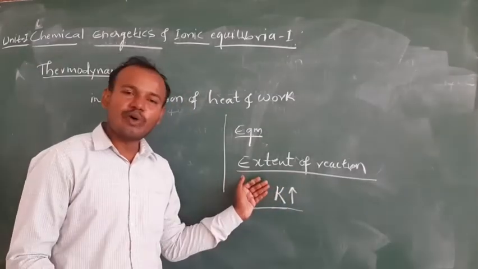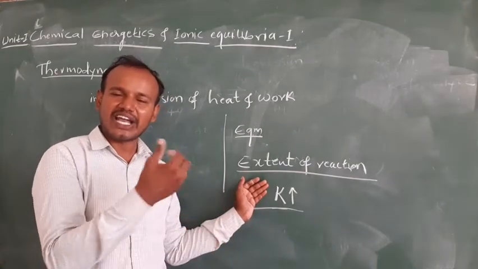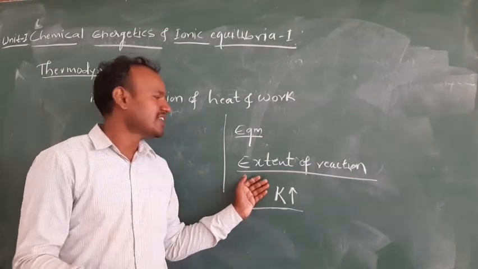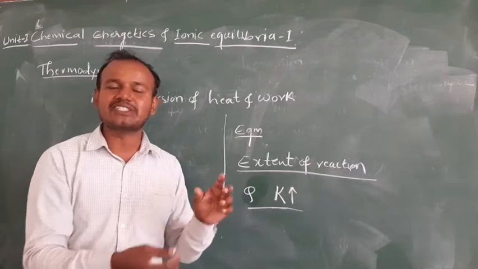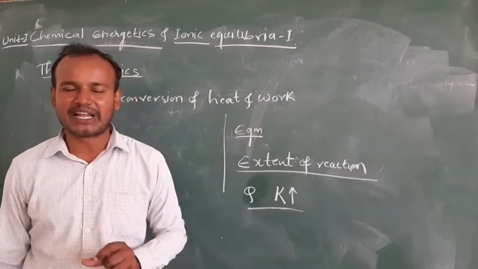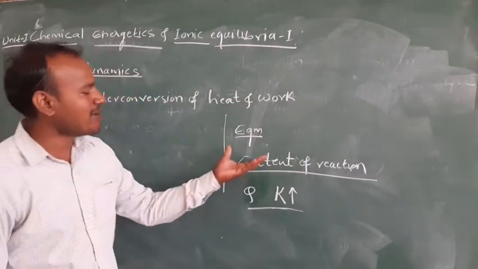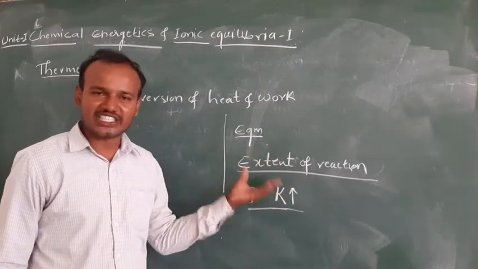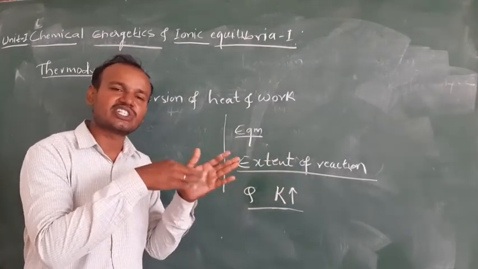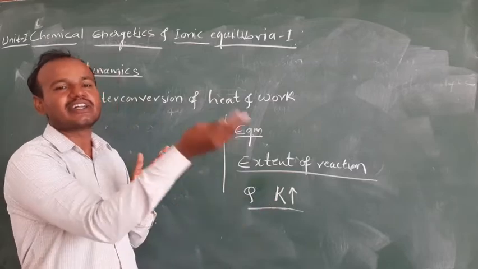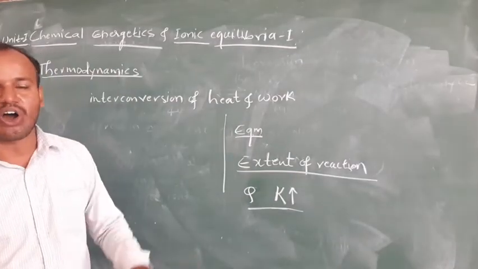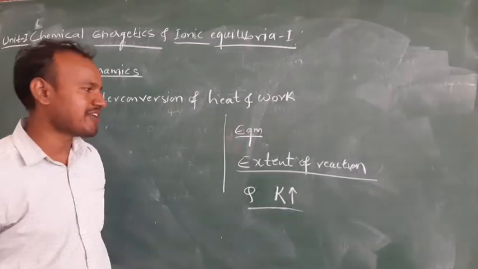If you get a lower value of equilibrium constant, then we can come to the conclusion that the reaction has completed to a lesser extent, meaning only a small amount of reaction has taken place. Like that we can judge the extent of reaction or the direction of the reaction, whether the reaction shifts in the forward direction or in the backward direction. All such things are studied under the heading equilibrium.